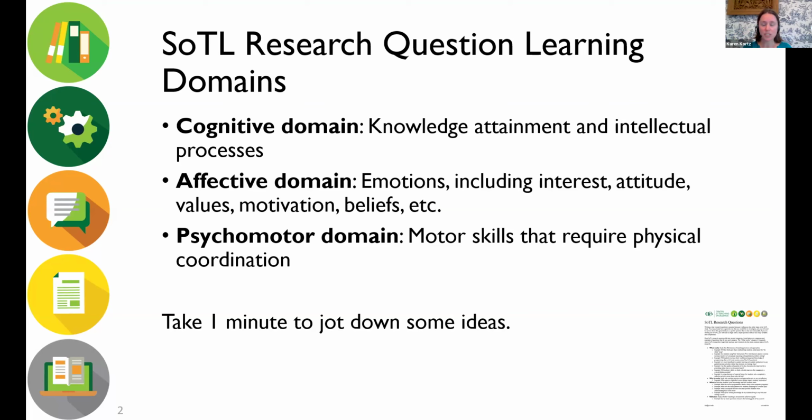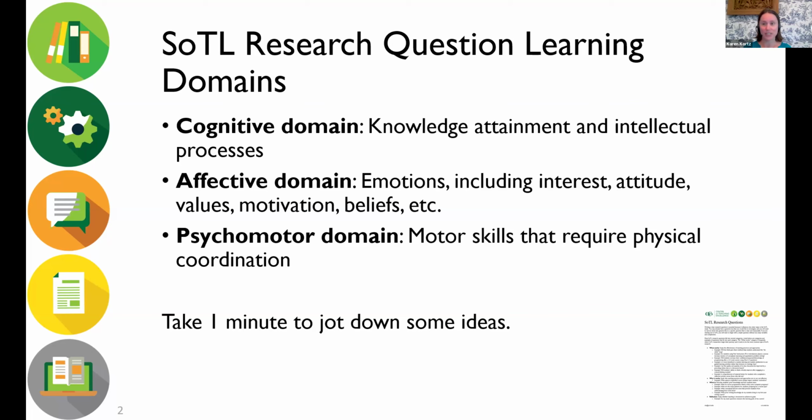And so your research questions can also address these different domains. It doesn't have to be, did this assignment work in students learning knowledge, but it could also be, did the virtual field trip help students feel more motivated, or excited, some sort of emotion? Or was touching the soil samples, did that affect like students' attitudes or their emotions towards learning in the soil and geology and earth?